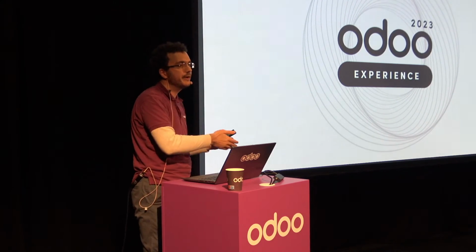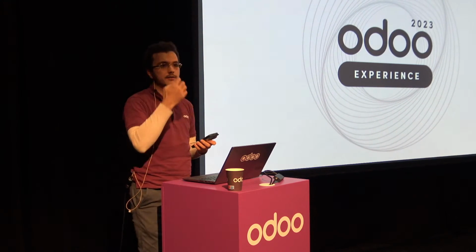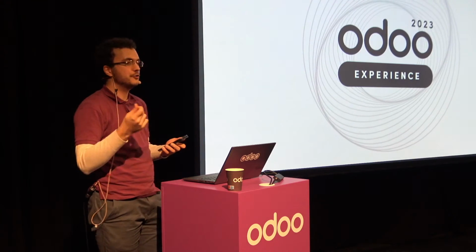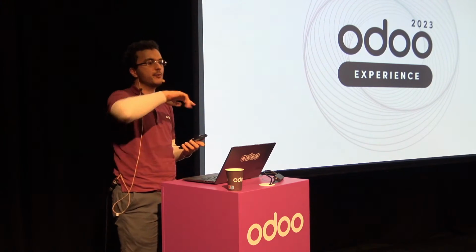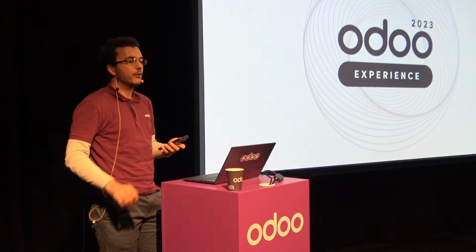When it comes to choosing between using the ORM or making a custom SQL query, I usually prefer the ORM first, because it's easier to maintain and everybody can read it. It's also really practical to modify, and you have the access rules that people usually forget to use when they write queries. Also, it will be consistent with the cache, because when you do an SQL query, you bypass basically everything in the ORM, which means that fields and data you read from a query are not put